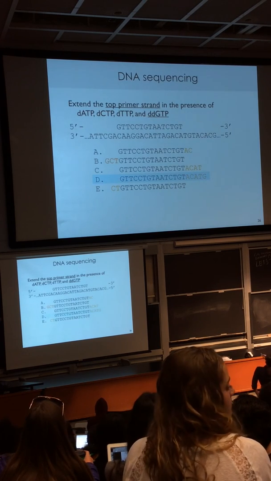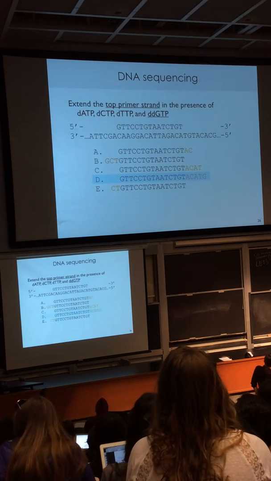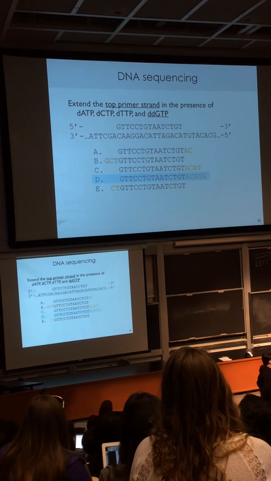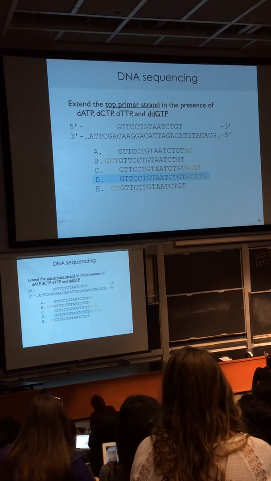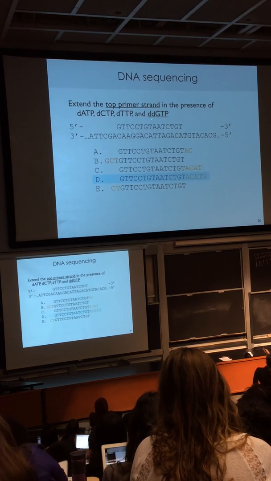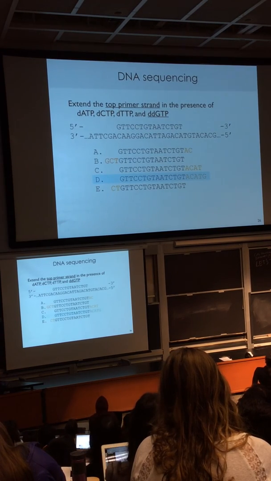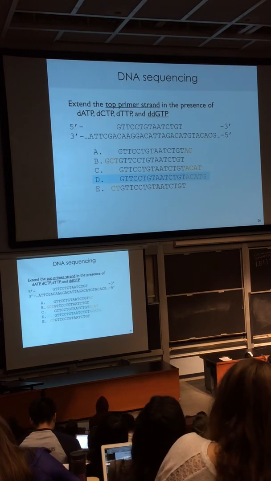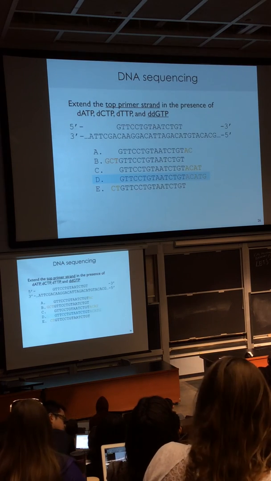So product D is the product that will actually be formed. The things to keep in mind here, first of all, are that the strand that's being synthesized goes from 5' to 3', so left to right on the strand that's being synthesized. So we know that D and E aren't that. The polymerases never add to the 5' end of a growing